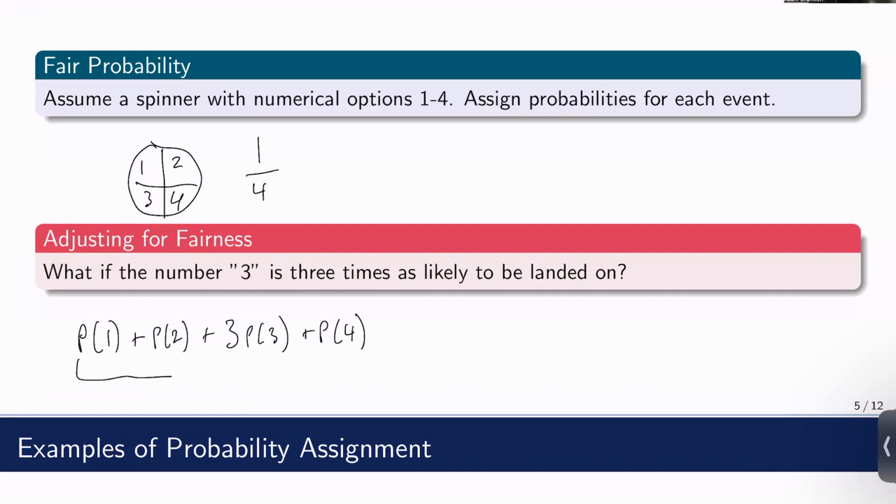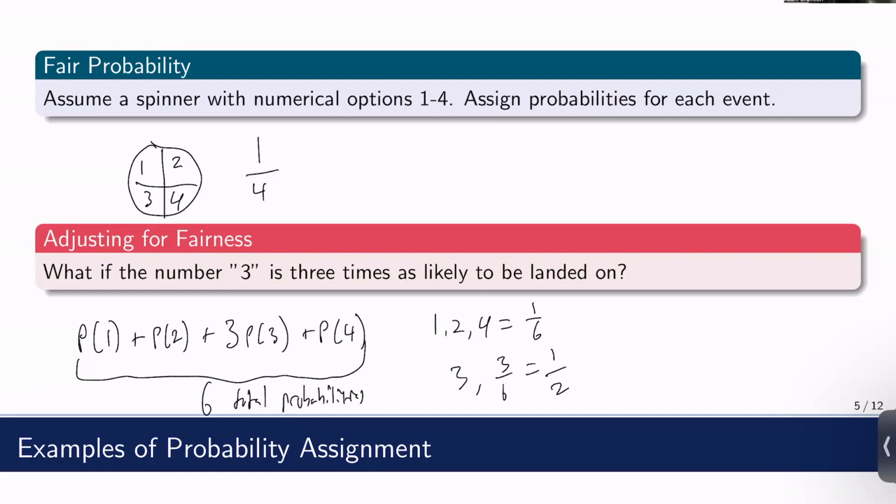Overall, we have 6 total probabilities. So we're going to split this into sixths, where 1, 2, and 4 have a likelihood of 1/6, and 3 has a likelihood of 3/6,